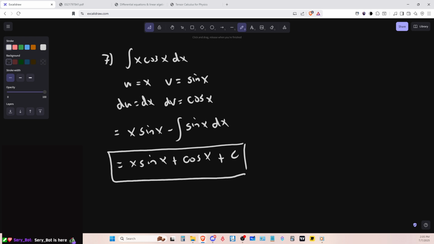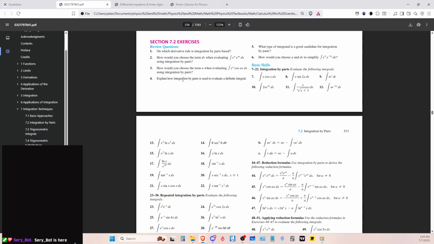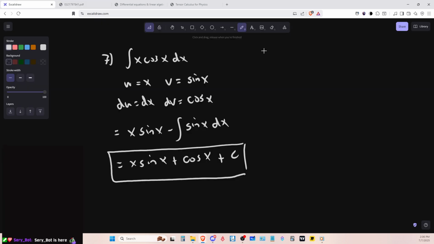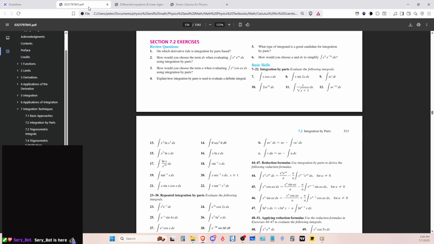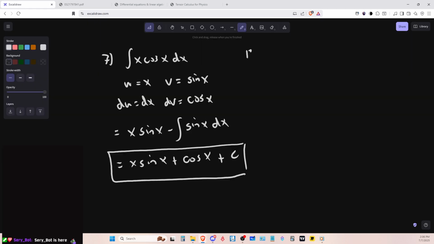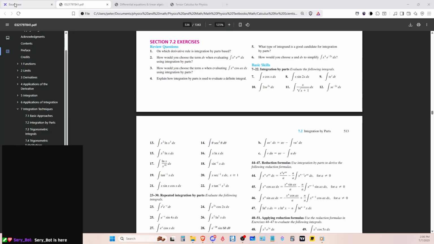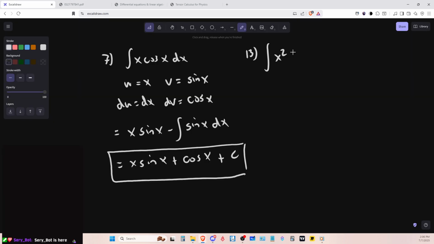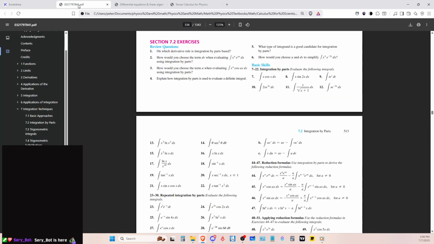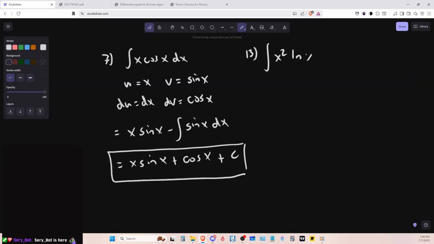So let's skip around. We're not going to go in order. Let's just jump around and see where we can go. Oh, let's do one with a natural log. I think natural logs are usually a little bit more challenging. So number 13. Let's just write 13 first, so that we know the number. And that one has x squared natural log of, oh, okay,